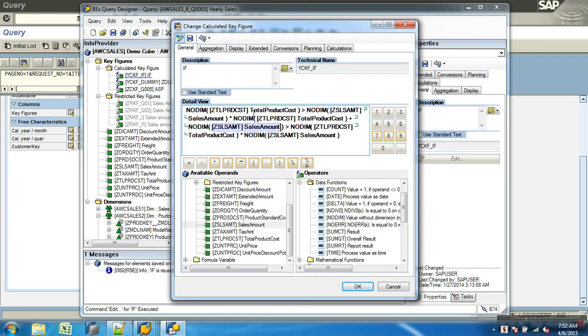For each record it checks the value, and whichever is greater I want that value to be coming in.